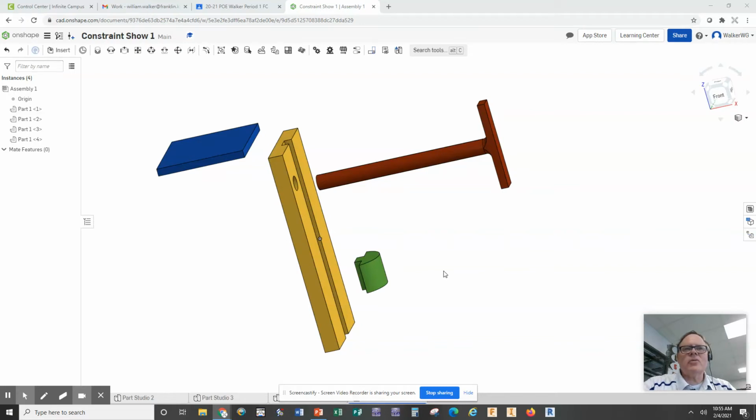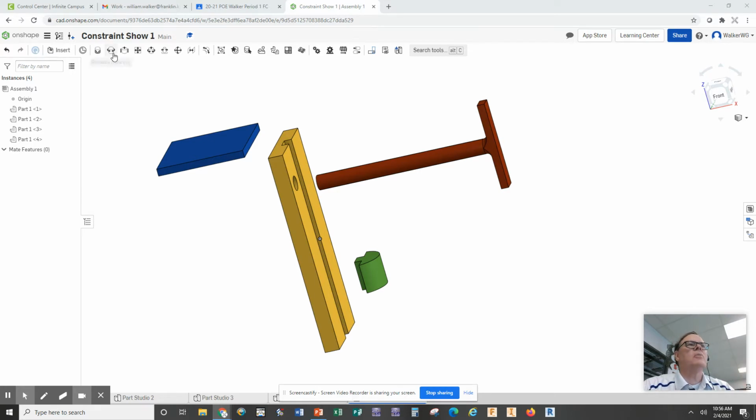Hey guys, I just want to share with you a little show here on how to do the three basic constraints that you're probably going to be using in your design project here. So I've created this assembly from four separate parts, and I'm going to demonstrate some of the constraints you can use. First of all, if we actually want to do the hinge, it would be like under a Revolute or